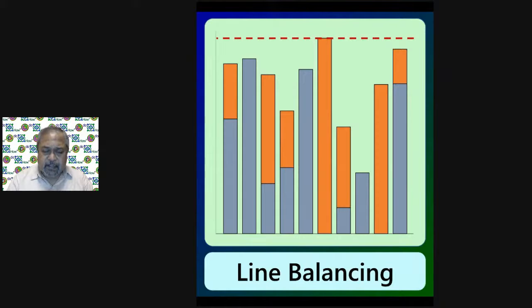Whereas in the other stations, there would be part of the manual content and part of the automated content, which is the man control time, machine control time. If you take the case of the second and the third, if I assume that the orange one is the machine control time, the gray one is the man control time. In the second and the fifth stations, it is 100% manual operation. There is no automation at all. There is absolutely no machine control time at all.